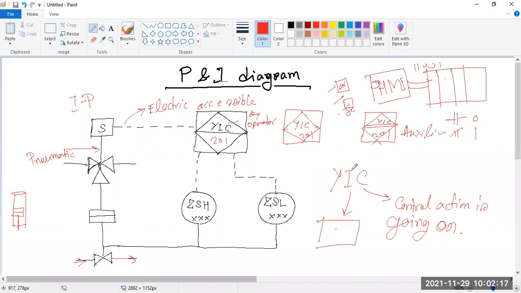So this I means here there may be an HMI, or any indicator, or any display device, so that it will be shown that this process is going on, or what the status of this process is. Okay. And look, here Y is there. This Y is indicating an event state, or the presence. It means it is the running process.